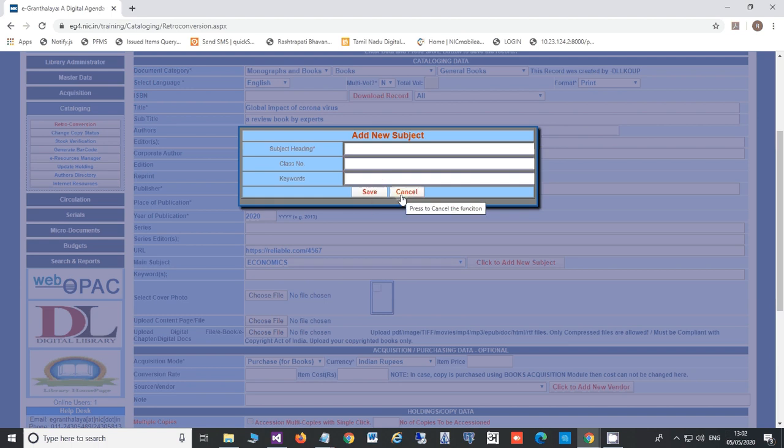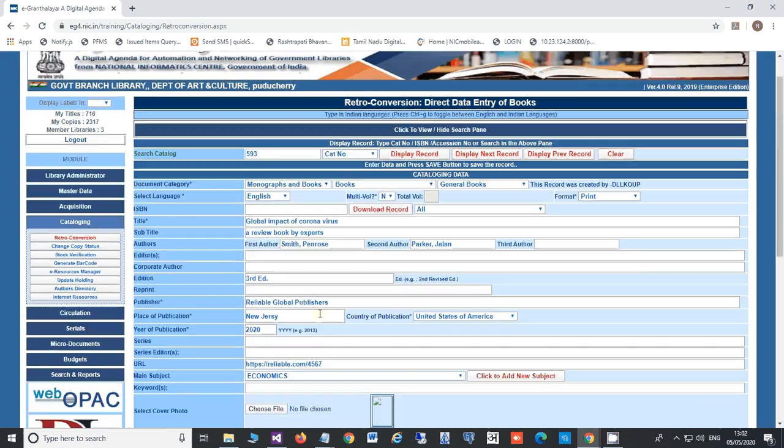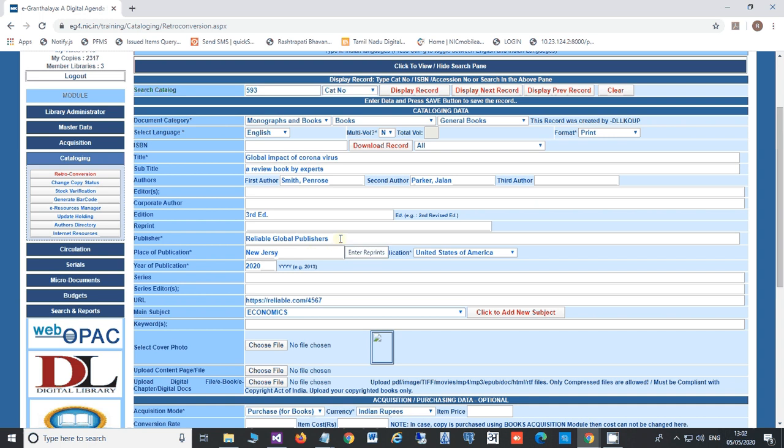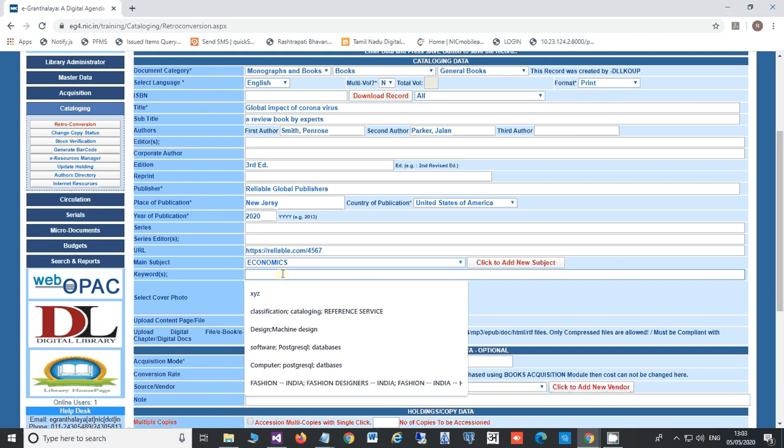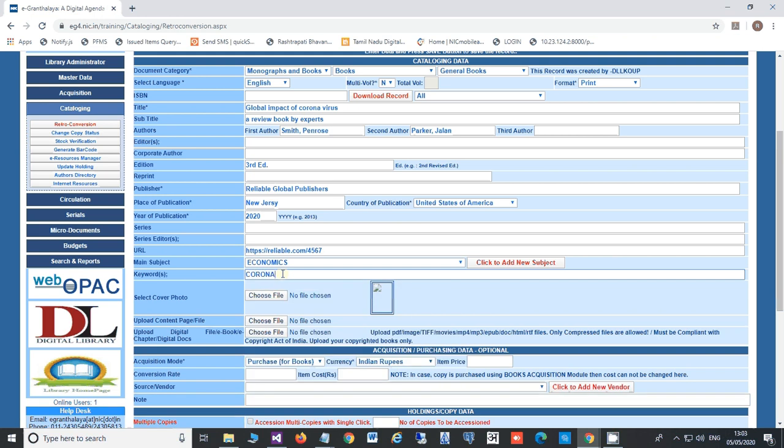And then you just come out of it and you will find the new subject here itself. Okay, then put keywords, etc., whatever you want to put.